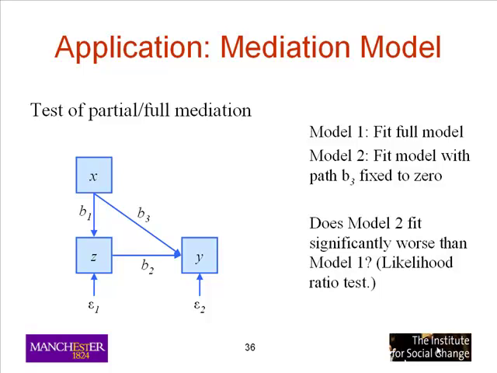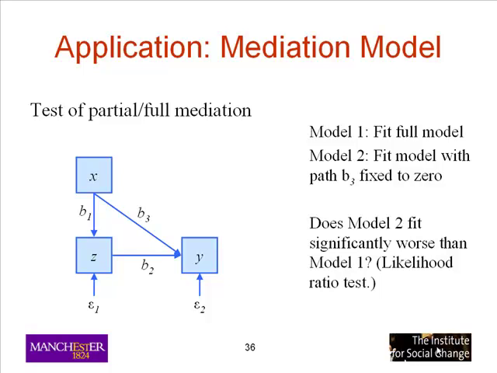Finally, we've seen it a little bit earlier, this idea of a mediation model, a fairly straightforward and simple one here. How could we test, say, for full or partial mediation? We've got some hypothesis that the relationship between x and y is mediated by z. Is that complete mediation? Is there no direct pathway between them? Or is there some residual